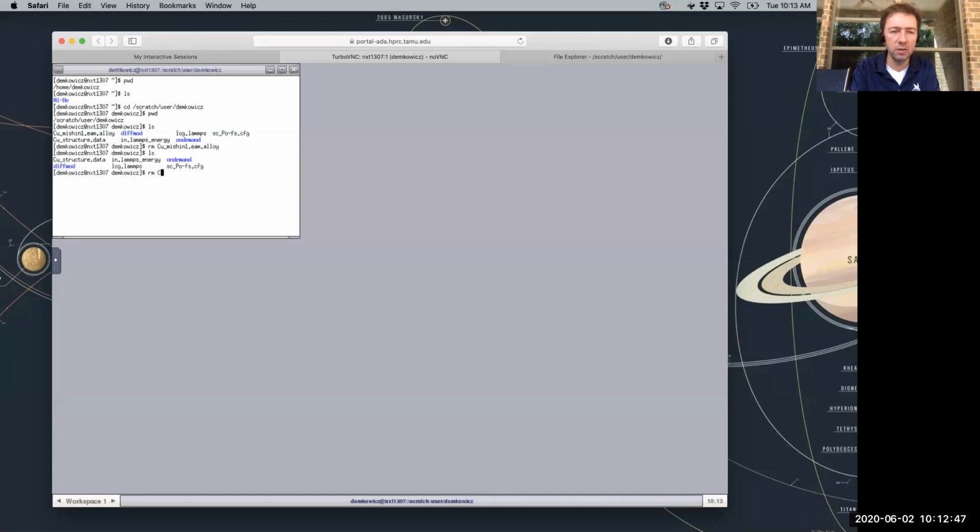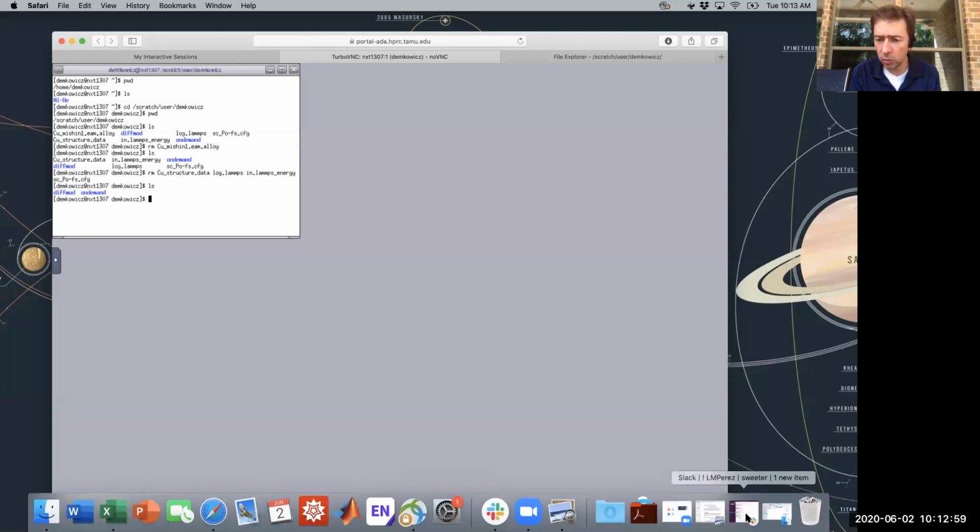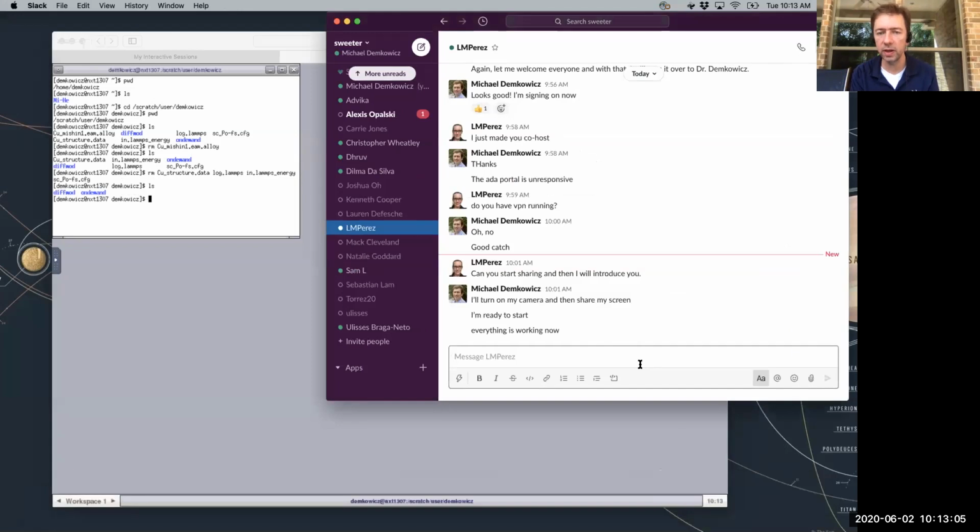All right, so I'm just going to remove the rest of these as well. I don't need them. I was using them before just for some trial runs, but now I don't need them. So I'm going to get rid of them. And now we do have some files that I've prepared for you to work with in this tutorial. So we're going to get those files, and I'm going to just open up my Slack channel here.